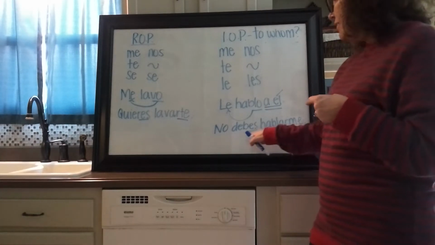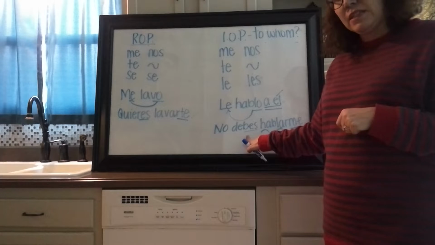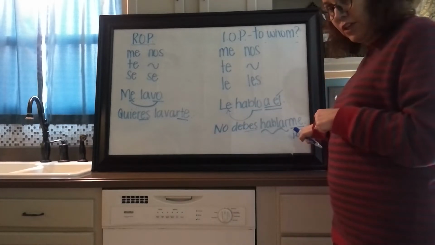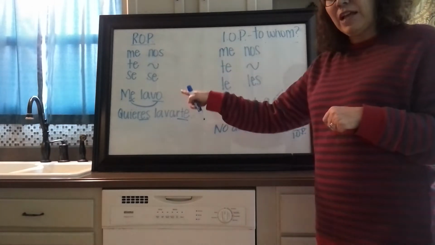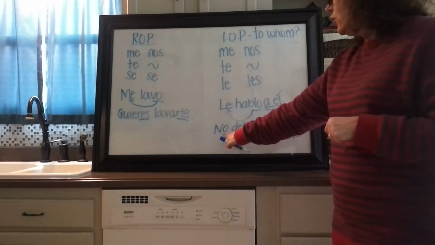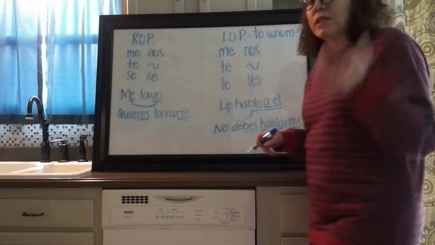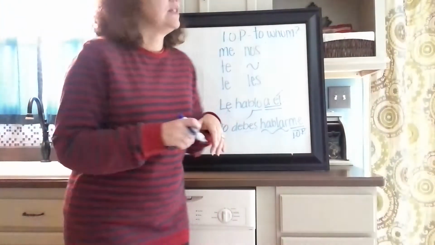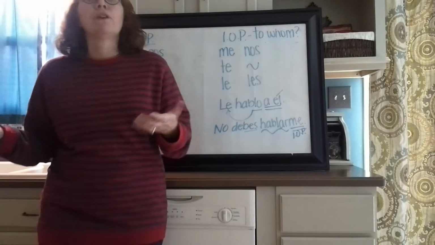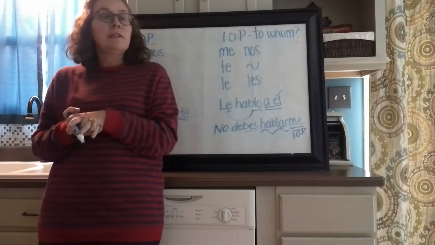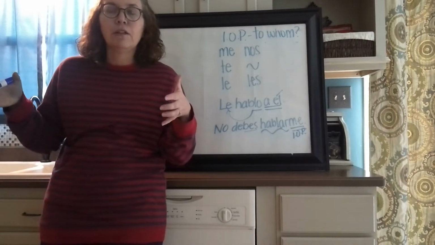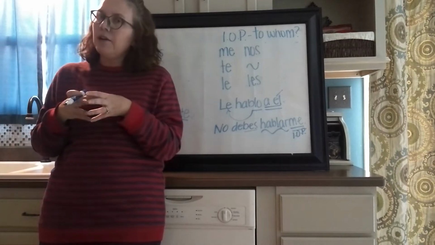May to me. This is not reflexive because this is in the "te" form and this is in the "me" form. That can't be reflexive. It must be indirect. You shouldn't talk to me. Now, the reason I gave you these two sample sentences is because I want to remind you of our rules of pronoun placement. Now, this is where it could get a little bit confusing, but you know enough to understand